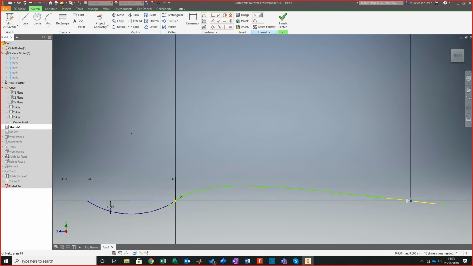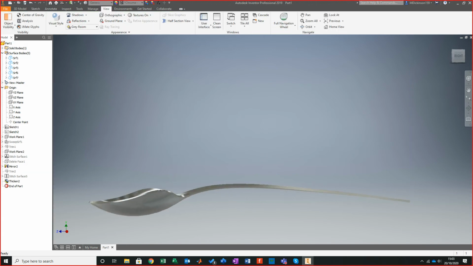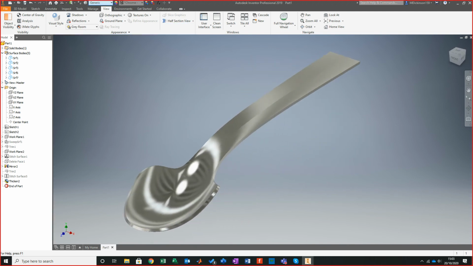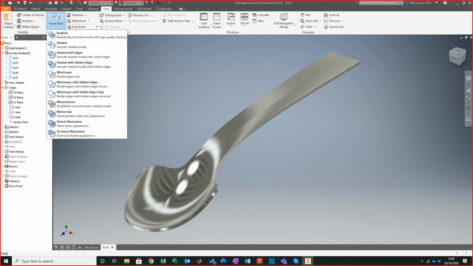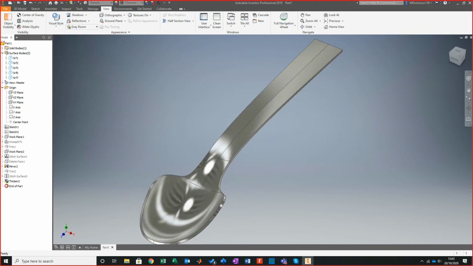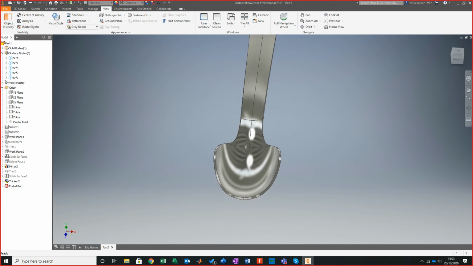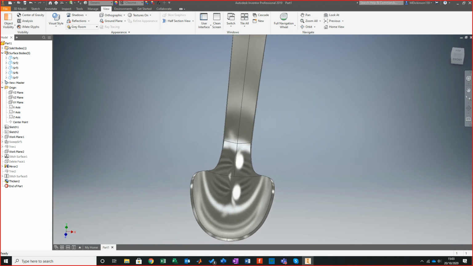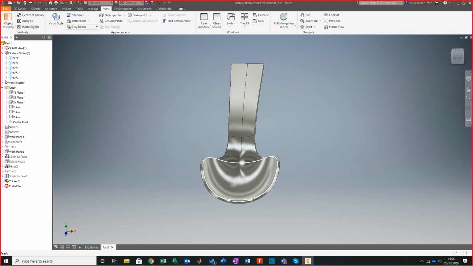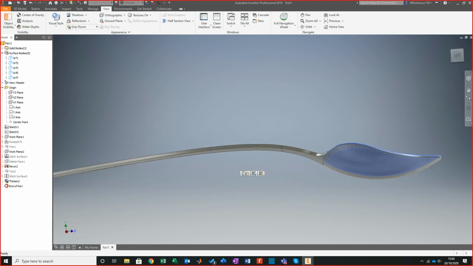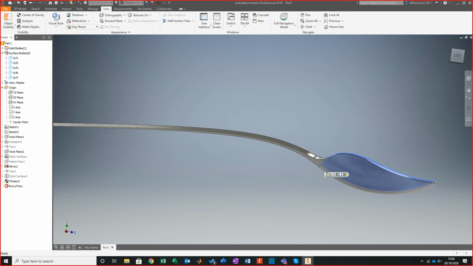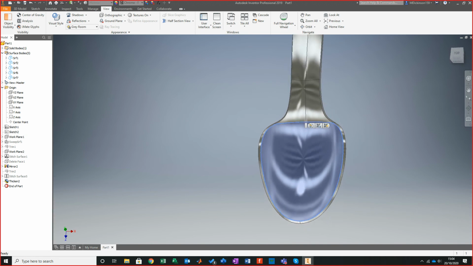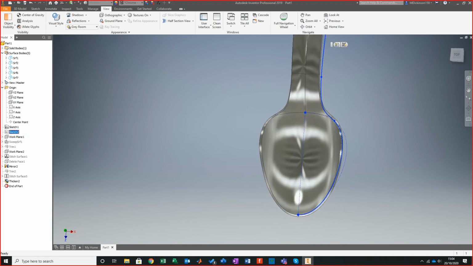So that is using, let me just turn that to something a bit more with lines. So that's using splines and what splines can do. Splines in this case can be really useful. My curve here, by the way, has appeared because of the way it's been trimmed and the way I've done the two sketches over it. If I want to fine tune these even more, if you look at here,